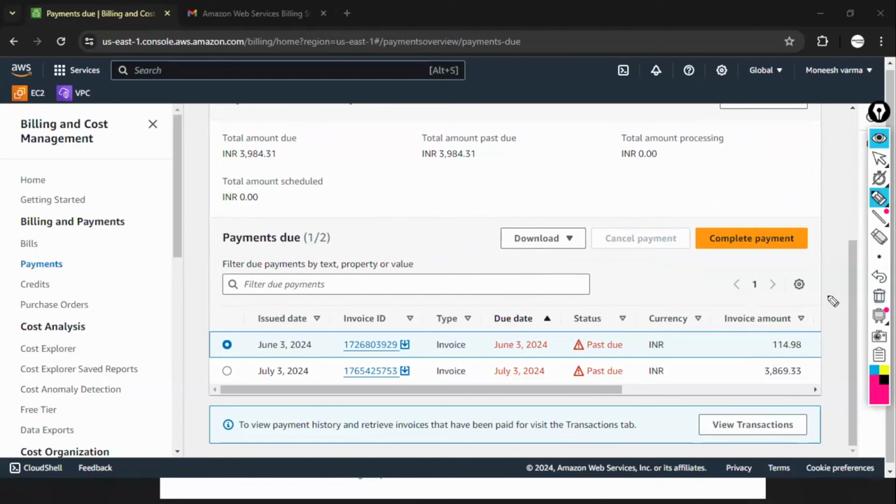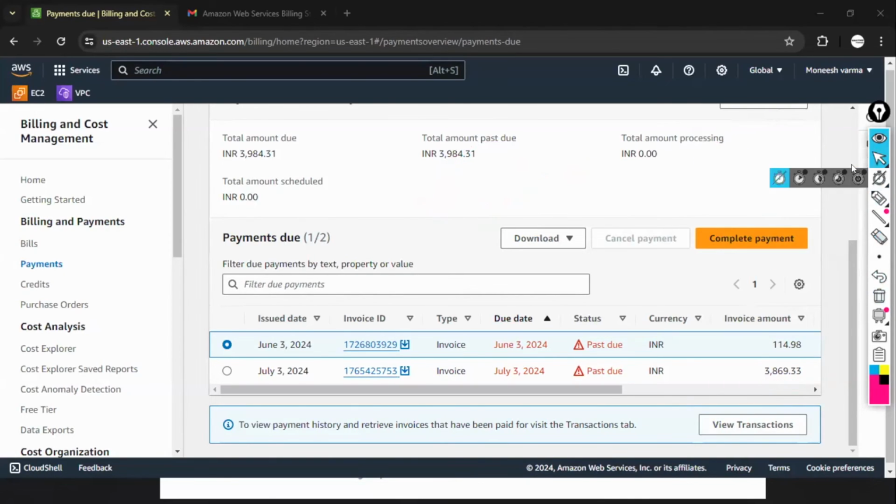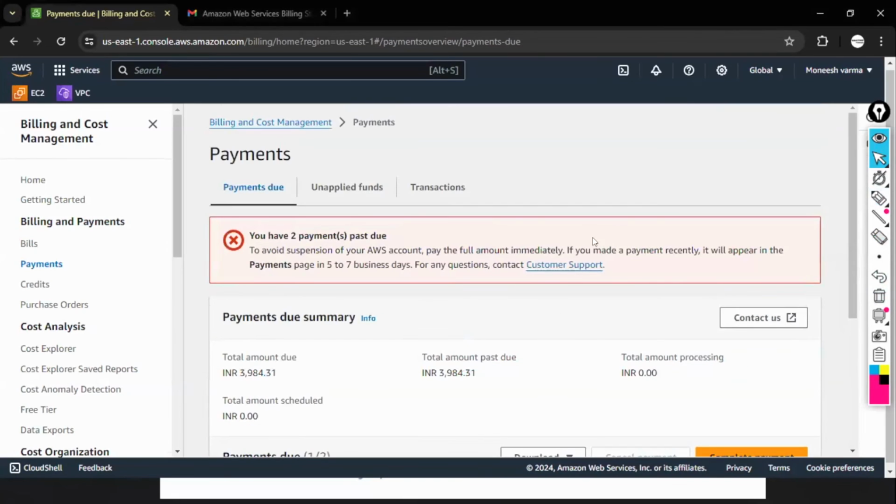Make sure all services are in stopped state, and that you didn't create any unnecessary things. Even if you create something, once your practice is done, you need to delete them. If you maintain these things, you will not get big billings like this. Then you can keep your account for 5, 6, 7, 8 months also. Okay, so this is about billing.